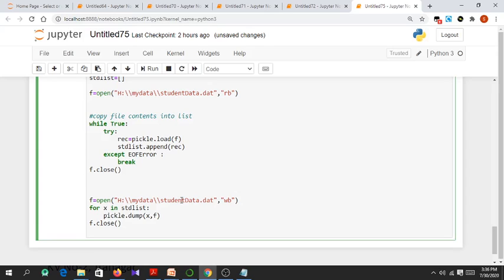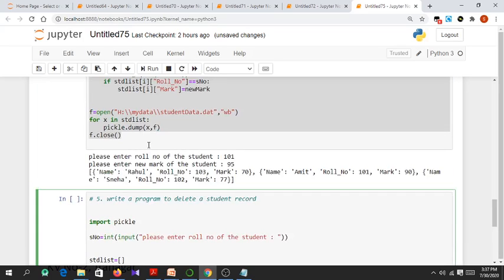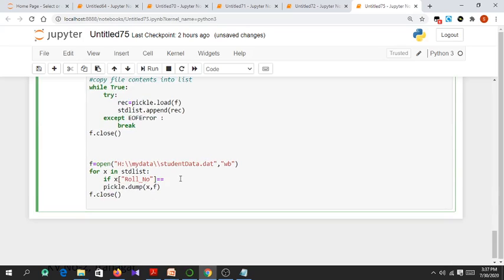So while copying it back into the file, instead of writing all the records, we will skip one record. Which record? The one where the roll number equals the roll number we are searching for.